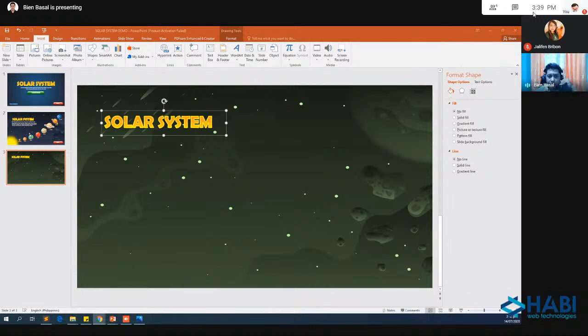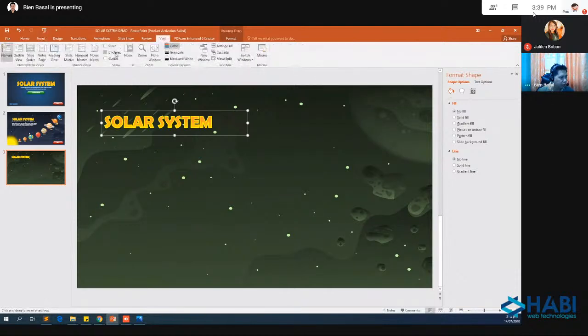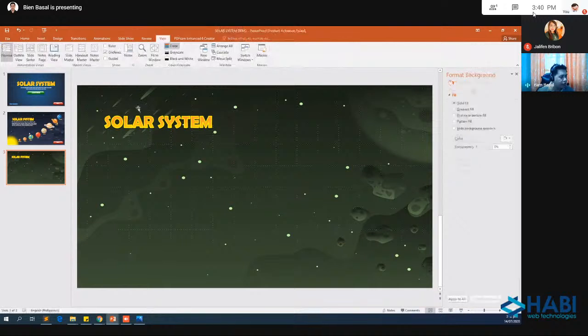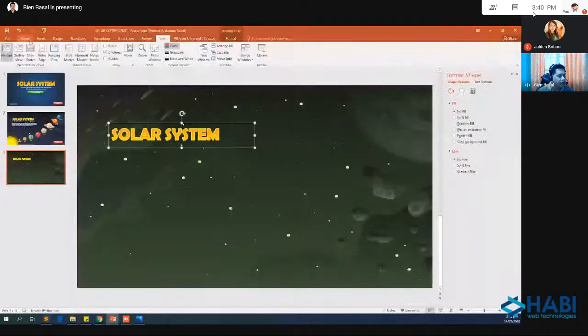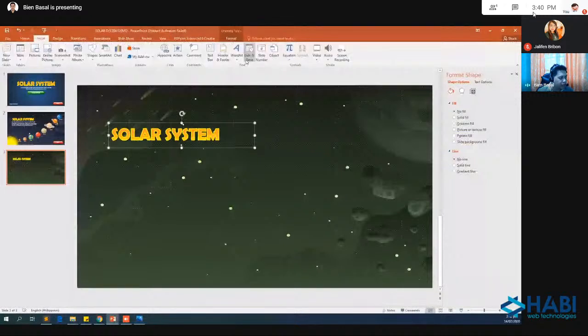So I will use the manual text box. Okay. I will add one more. By the way, you can enable here the grid view or grid lines so that we can see kung saan po tayo mag-a-align. I want to align this one dito sa part na to. And I will add another text box siguro sa part dito.